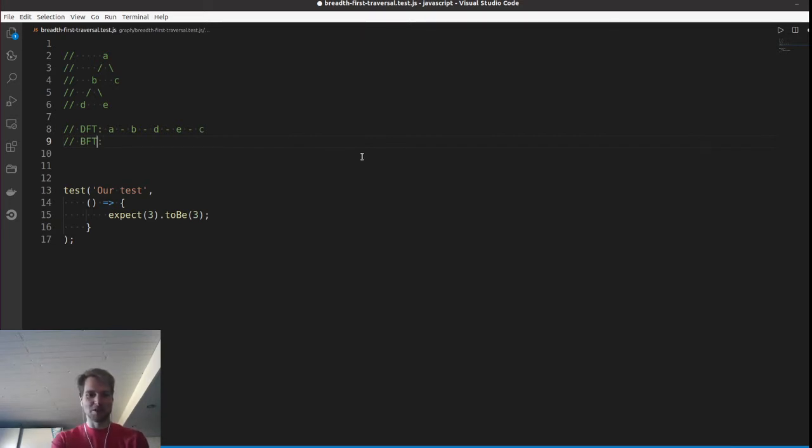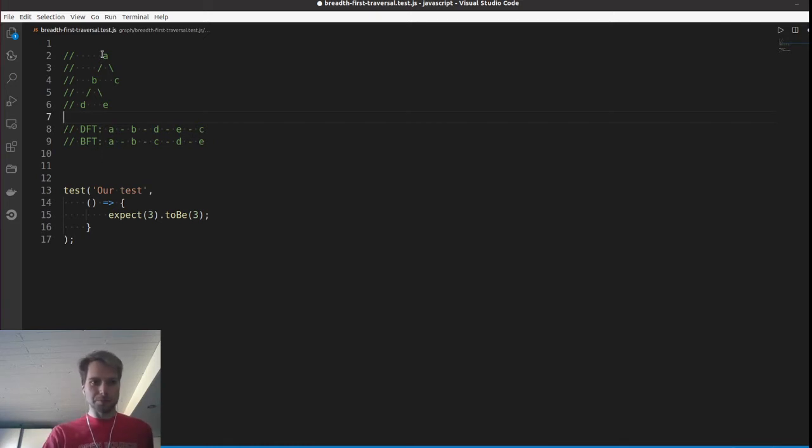Well, now we're going to check how it would work with a breadth first traversal. So this time we're going to go level by level. Basically we start at A, same as before, but then we look at all the children A has: it has B, and it also has a C child. So this one and this one, and then we go one level down. So you're going to do D and an E. So that's the difference between those two